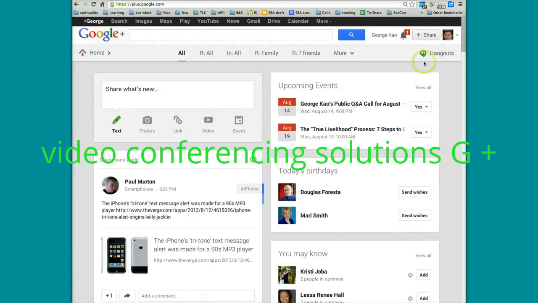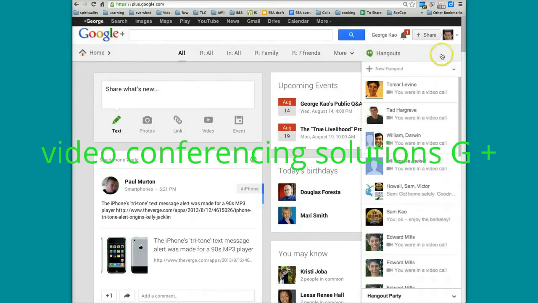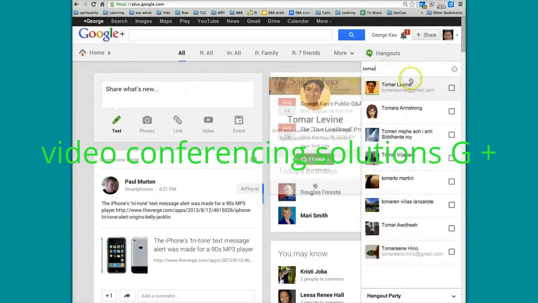And then the second step is to click on Hangouts here on the upper right. Third step is to click on New Hangout, and I'm just gonna do Hangout. I'm just gonna create a fake Hangout with the last two people I was talking with on Hangout. I'm gonna click this plus, or just click where this new Hangout is. Click on it and start typing. I'm gonna type in Tomar, and then I'm just gonna click on her.